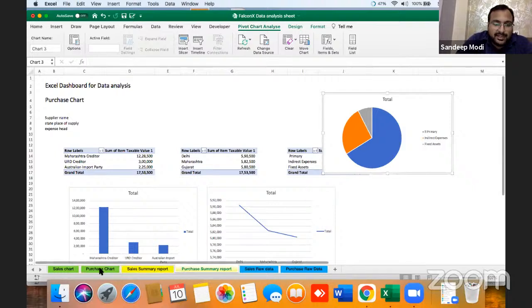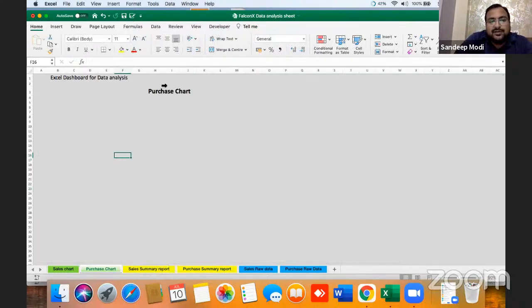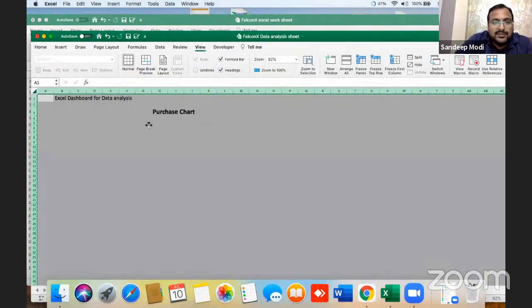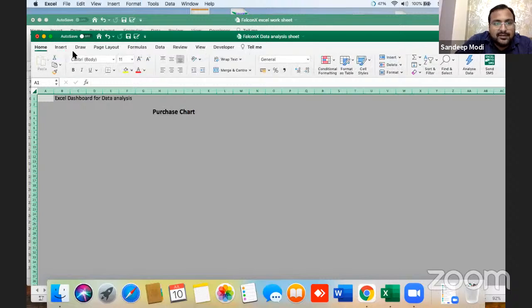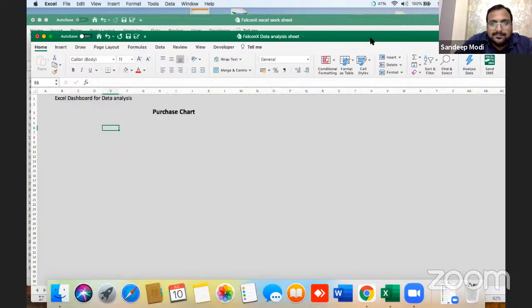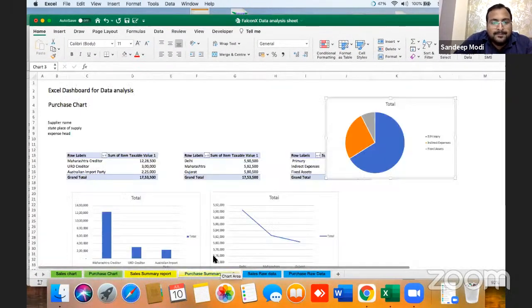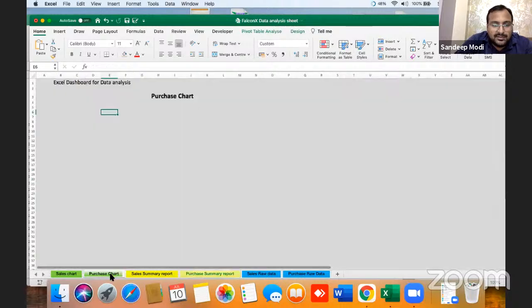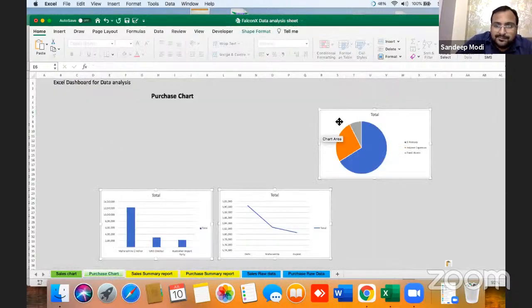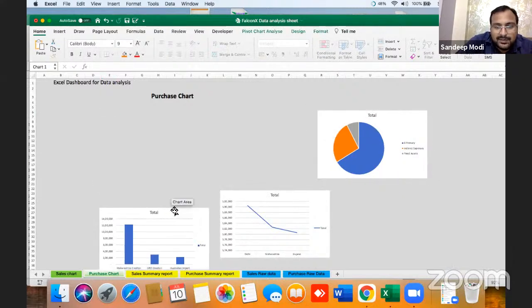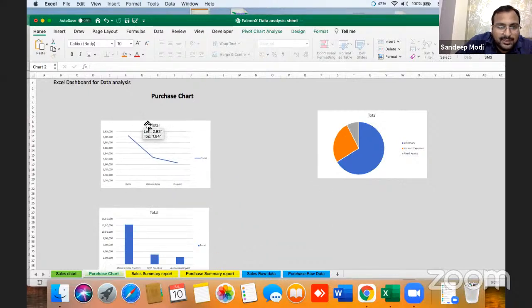First, this sheet was created by me. In the view tab, I have removed the gridlines so it will look good. This is not looking good. And I have inserted a gray color background here, as you can see, so it will look good. Now let's cut and paste everything. Control X, Control V. Now this is state wise. Let me put it properly here. Arrange it.